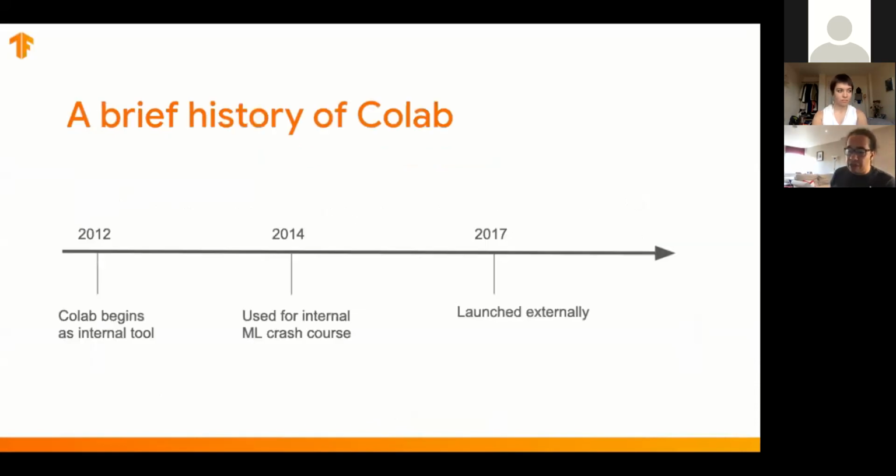If we think about how it started, Jupyter Notebooks already existed in the past for multiple other things, even before machine learning was super popular. We started using it internally, but as you can imagine, the internal use at Google is already advanced, and people just want to experiment with things.